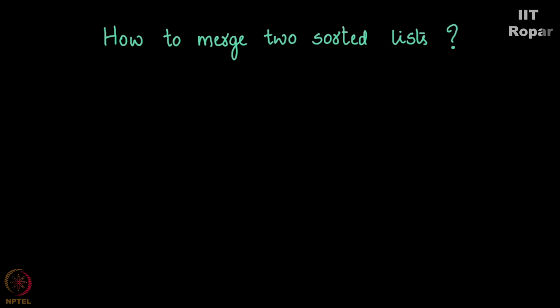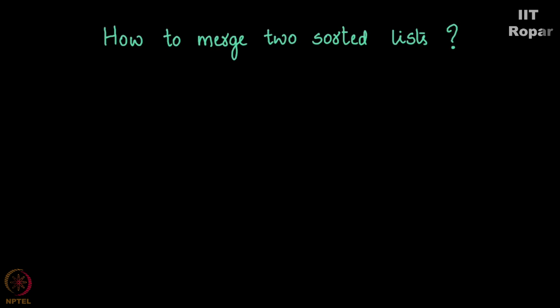I'm sure you all gave it a thought, and I'm sure you even tried solving it. It is not at all difficult. So when you have two sorted lists, how do you merge them? That is what we asked with the teacher's puzzle that we mentioned just now. Let me explain with an example.